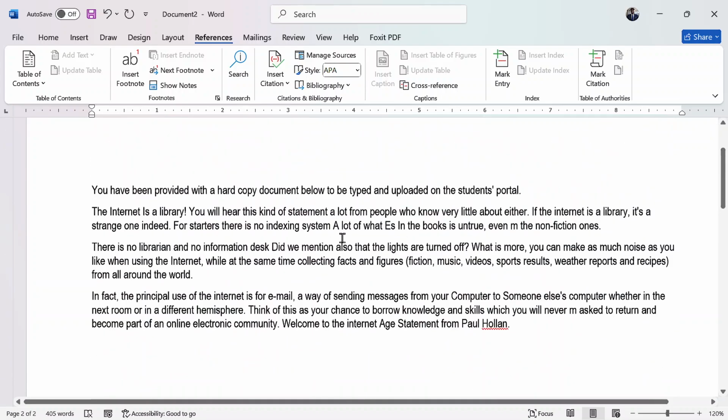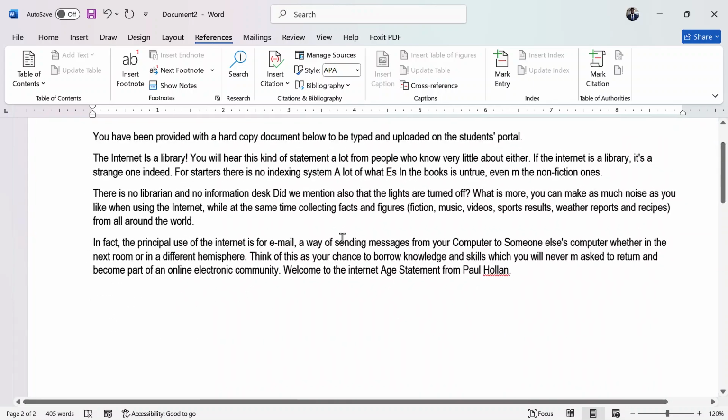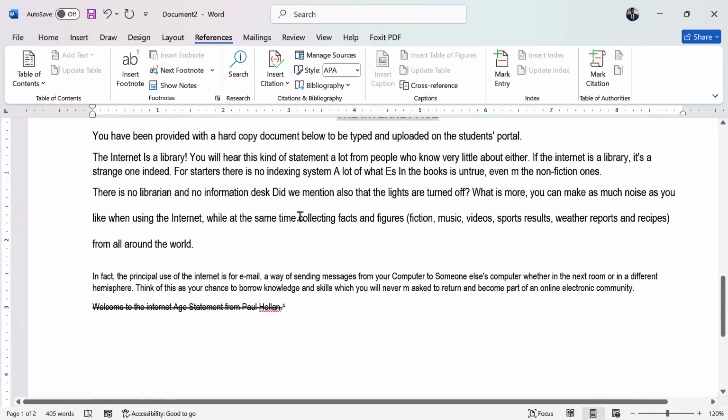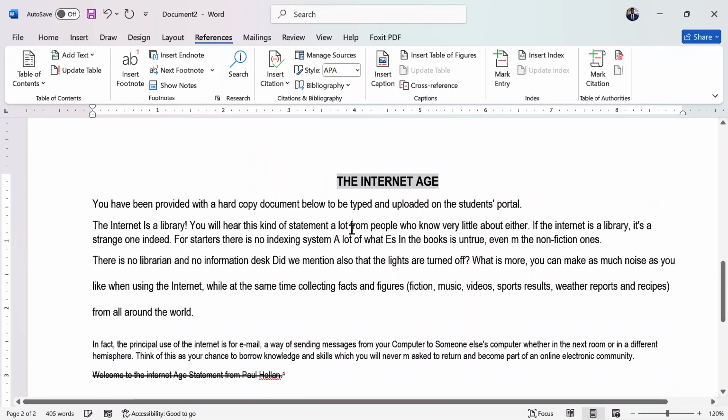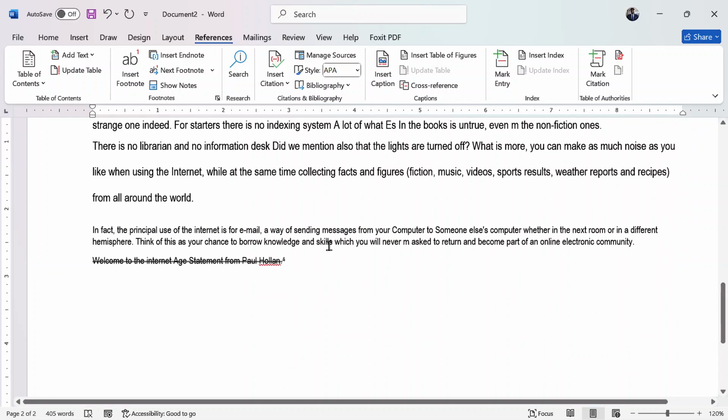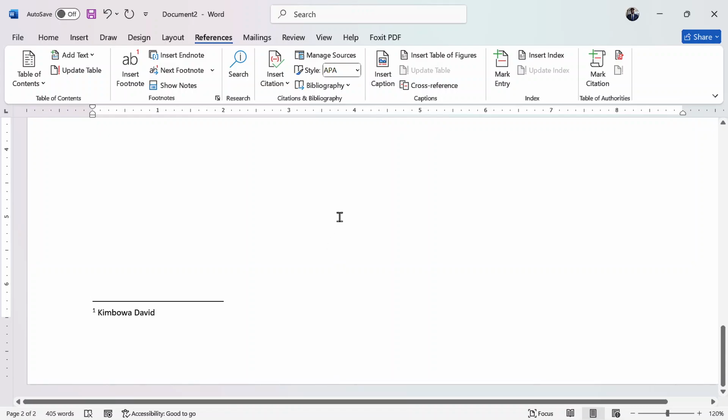Then so far that is what we have. Our first page is not formatted. It actually looks like the original. Then page 2 has all our formatting features that we are applying onto this document. Actually, before we continue, we need to insert the header and the footer. How do we add headers and footers?